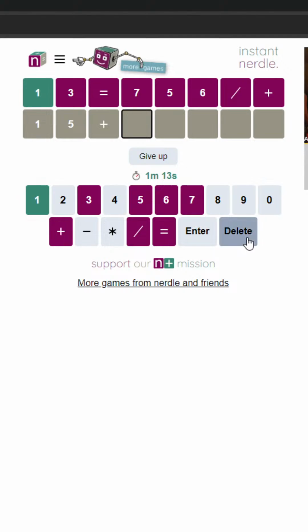But maybe the division is maybe 15 plus 7. That doesn't divide 3 though. 16. No. Maybe it's just 1. Maybe I'm overthinking it. No, there is a double digit in there somewhere. 1 plus